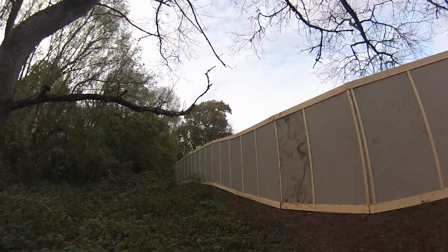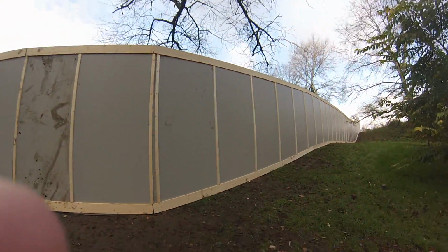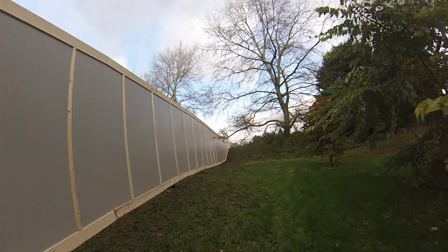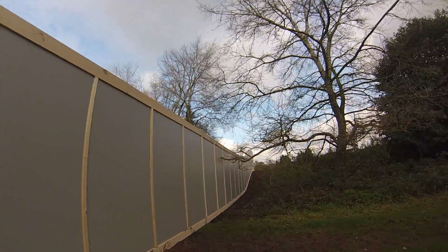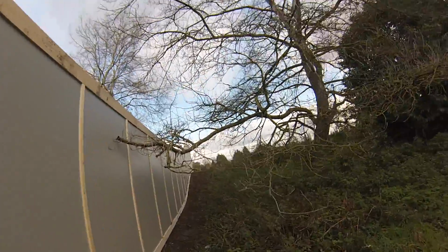Right, look at this. Thought I'd bring you this a couple of weeks ago, not a couple of weeks ago, probably about 3 or 4 weeks ago. We managed to gain access to this place that's behind this massive security fence. Obviously the fence wasn't there when we got in,